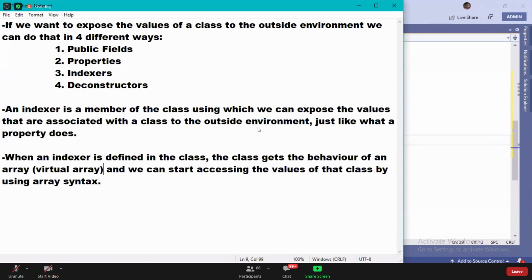Guys, there's an array with the name ARR. It has 5 values in it. How do you access them? ARR of 0, ARR of 1, ARR of 2, ARR of 3, ARR of 4, right?